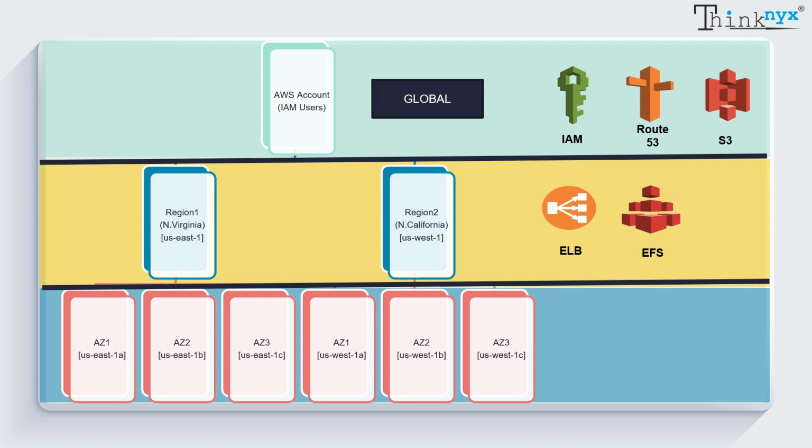Next one. If we want to launch a simple website or blog on AWS, then VPC is a must. It represents a logical network that is isolated from other resources in the AWS public cloud. Now let's talk about zonal services. Some services are accessed only within that particular availability zone. Suppose a zonal service is created in US East 1A, then it cannot be accessed anywhere else, not even in US East 1B or even in US East 1C. With the help of use cases, let us understand some of the zonal services.